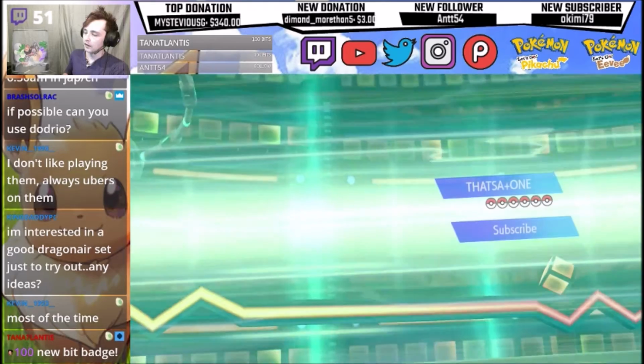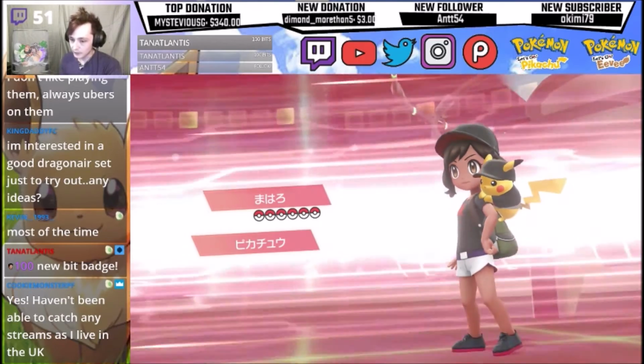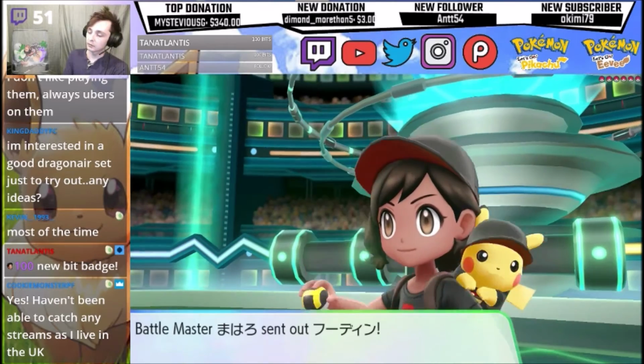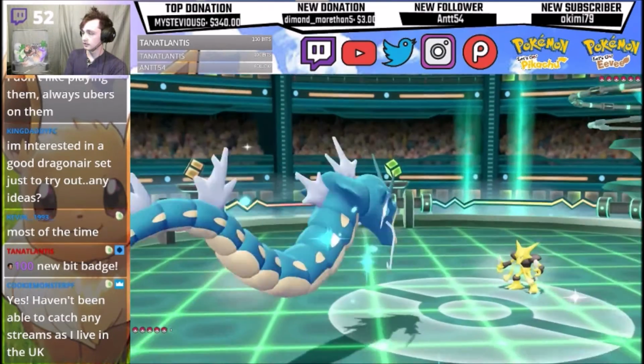But yeah, like I said, I'm making a team building video for this team. And I want to talk about how we're in the 5,000 bit badge. Holy moly, that's awesome. I want to talk about the strengths and weaknesses of leading with Gyarados, because more often than not, Starmie's a better lead. If he's just going to do this...